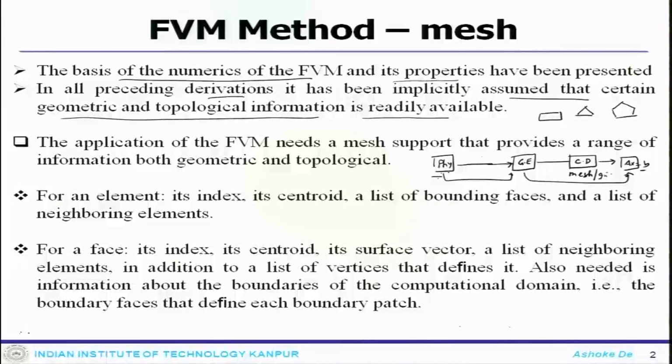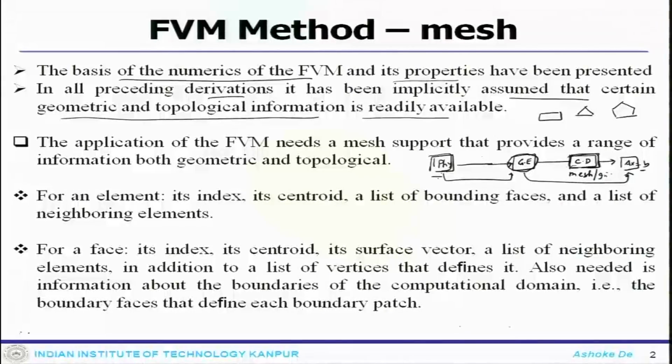We need to transform the physical domain to the computational domain. What it essentially means is that you have a physical problem in hand, and the physical problem is governed by a set of governing equations. Those governing equations represent the physical problem. Now, the physical domain must be converted to a computational domain, which brings all the topological or geometrical information into this computational domain. That means it includes both boundary conditions and all other information.